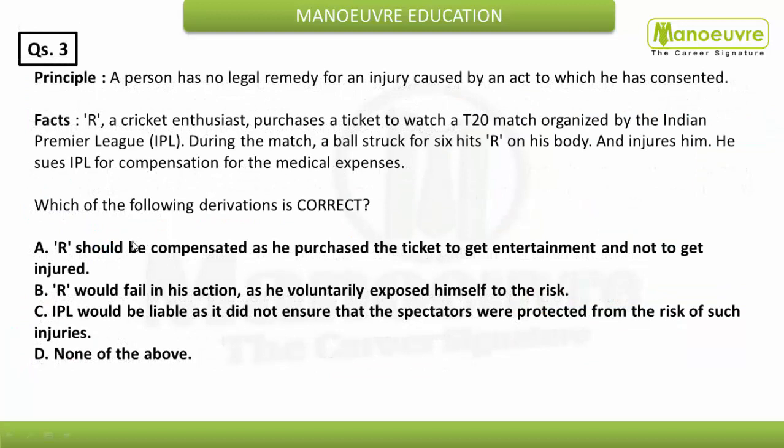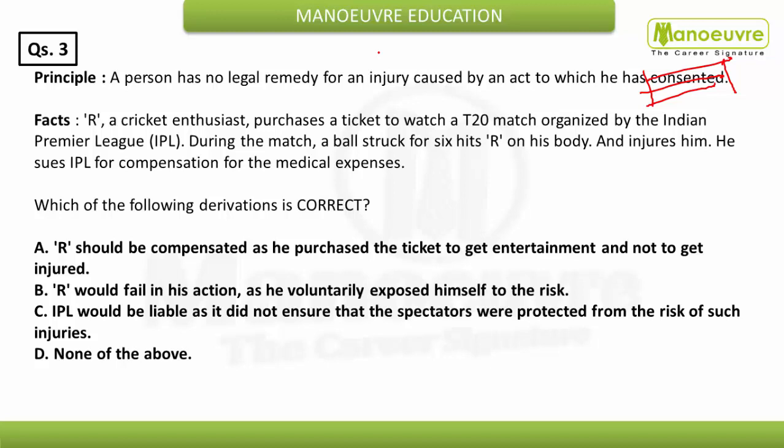Moving ahead with the next one. A person has no legal remedy for an injury caused by an act to which he consented himself. Okay, which he has consented to, guys. What does this mean? This means volenti non fit injuria. If you are permitting any wrong and afterward that wrong happens, then you cannot claim compensation for the same. For example, I will tell you,